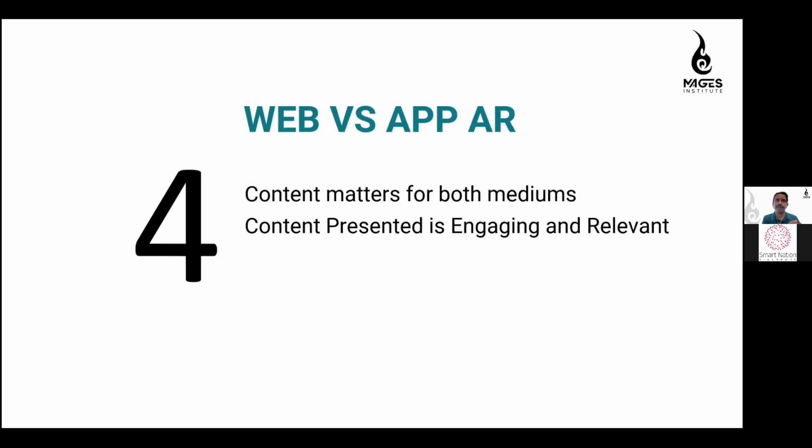Whatever 3D you're trying to create is replicating the product, and it should look realistic, and that's the $1 million content creation, and that is very important for the mediums, whether I do iOS or whether I use Android for it. It should be engaging. Engaging means you're orbiting, you're configuring, you are relevant to the product that you're trying to